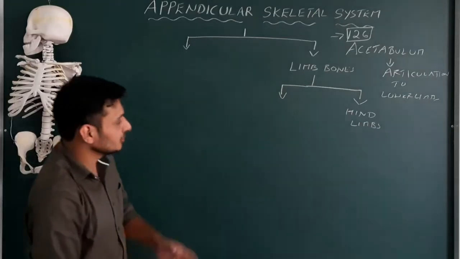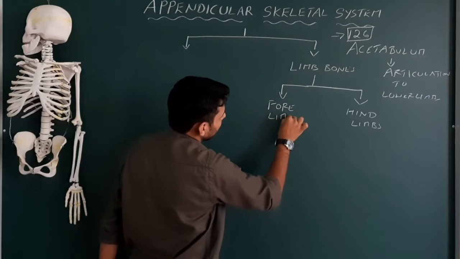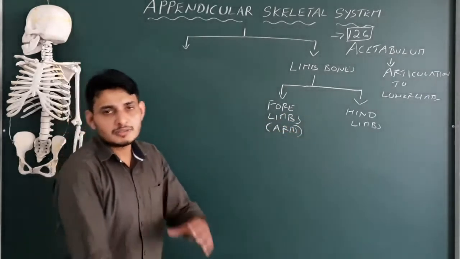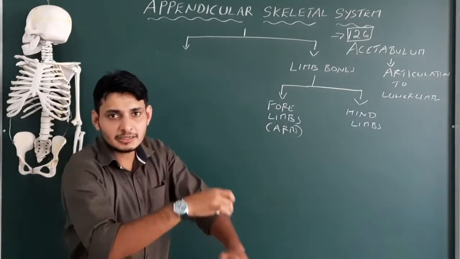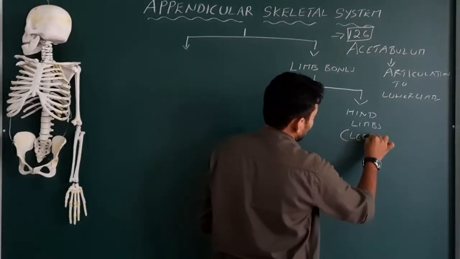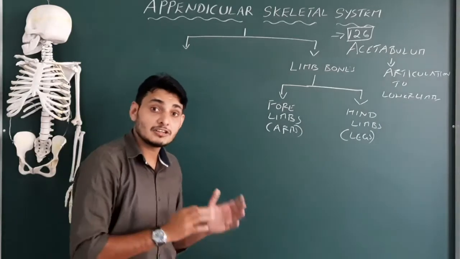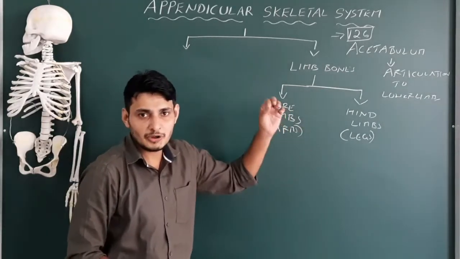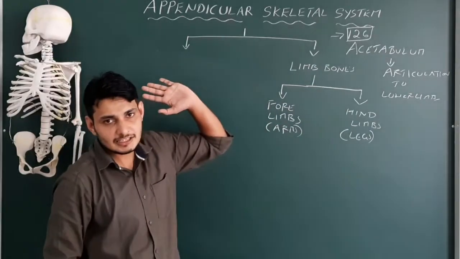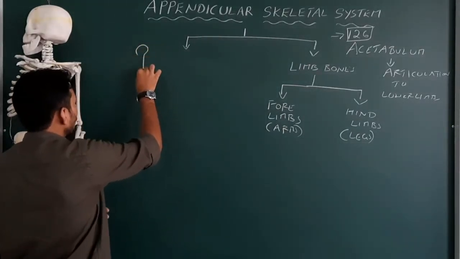Okay, so now we'll start with the forelimbs. Forelimbs, nothing but arms, the bones present in the arm. So we have got a pair of arms, and in each arm we have 30 bones, 30 here, 30 here. So it is nothing but 60. Hind limbs are also called legs. Okay, so legs, in each leg there are about 30 bones. So 30 plus 30, it is 60. That is 60 plus 60, 120, and 6 bones in the girdles, that is 126. That makes up the appendicular skeletal system. It's very easy. Let me just draw the diagram of the arm bone.